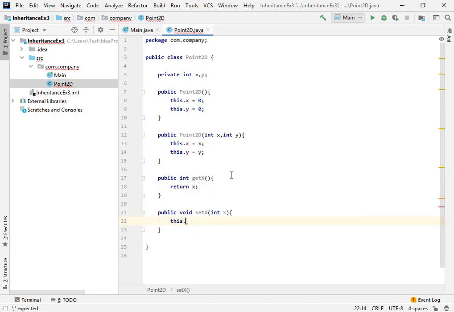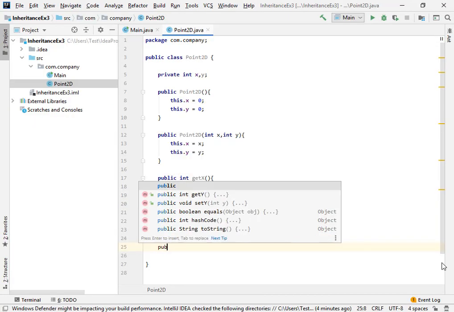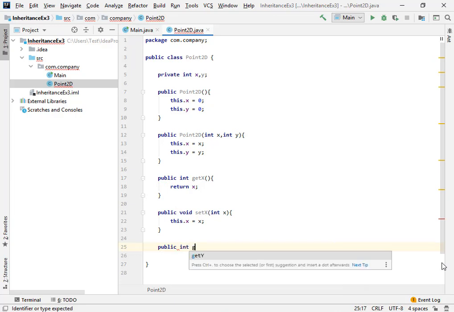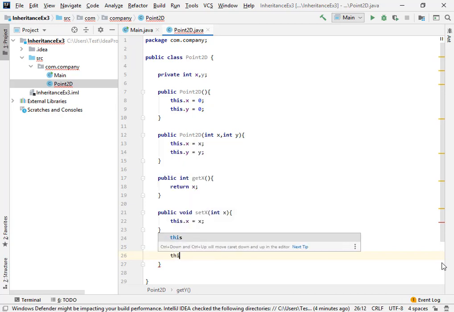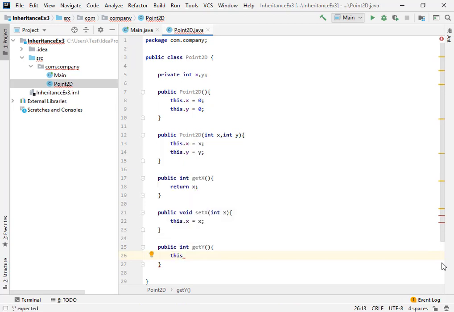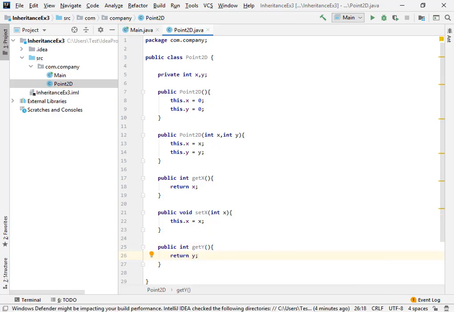This will set the value of x to the value specified by the parameter, okay. In the same way I'm gonna make the function which will return the value of y.